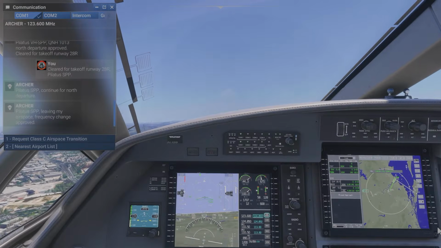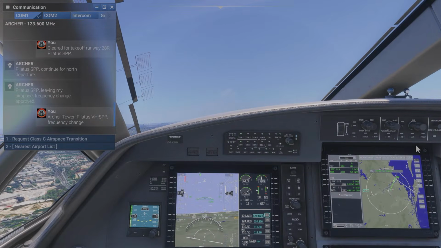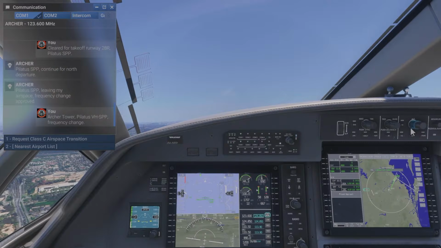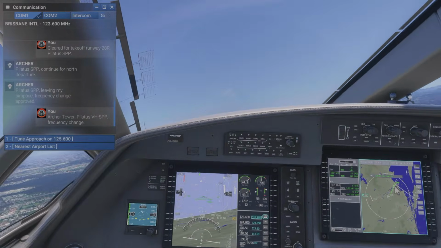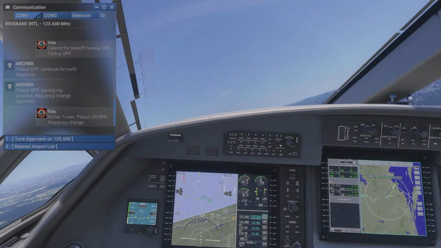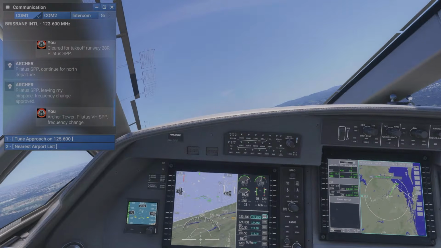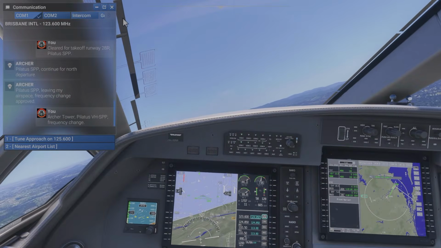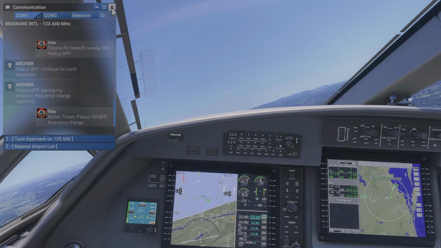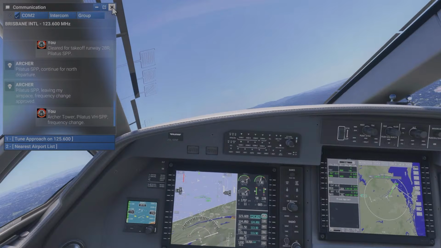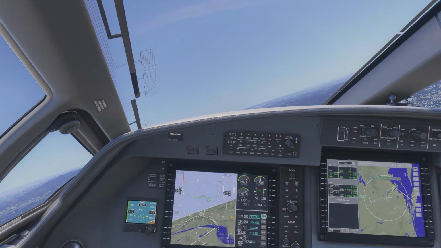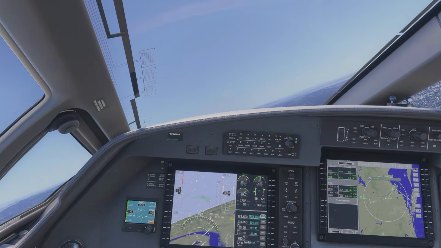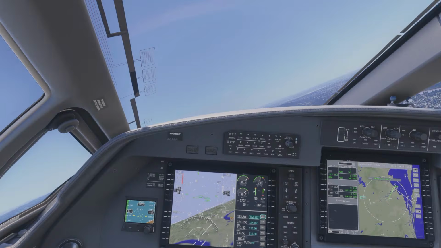So today we'll go to about, let's go to about 4,000. Frequency change. Alright, and we'll do our right hand turn to go onto our, some airports, depending on the airport, you have to go either left or right traffic pattern. But for this sim today, usually I think this one here is the left one, but for the purposes of today, we'll just go right and then join our